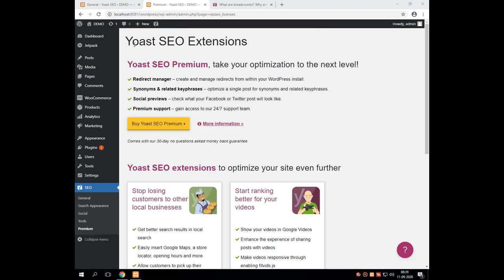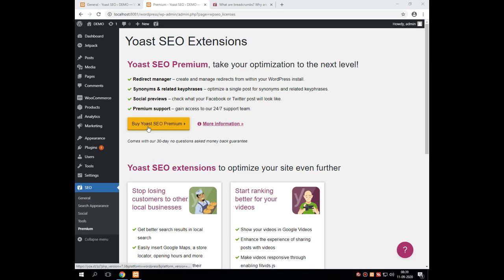SEO Yoast is actually not a free of cost WordPress plugin that we have to use, but it provides some of the basic functionality as a free service facility in SEO Yoast. Suppose you want to go for the details and additional advanced facility of SEO Yoast, then we need to buy an SEO Yoast premium package.